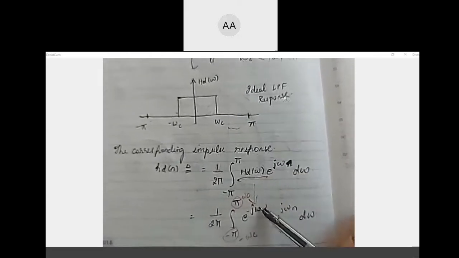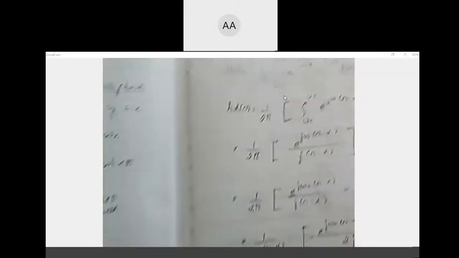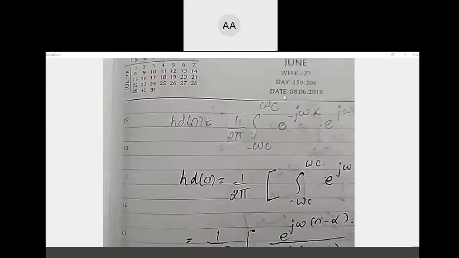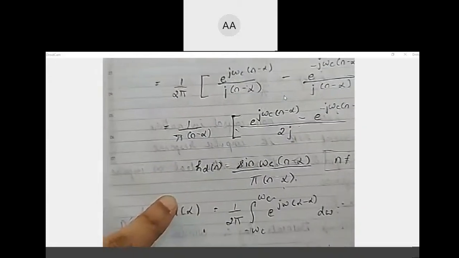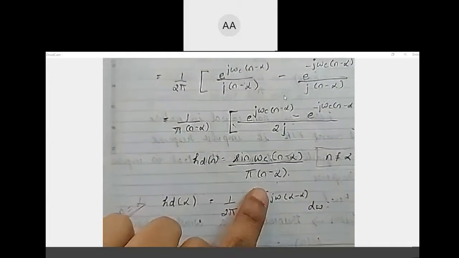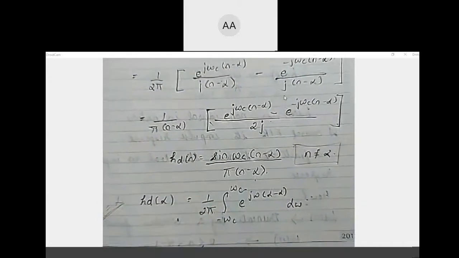We substitute the value, exponential integration is exponential itself. We did this and we obtained the value of hd of n, which is nothing but the impulse response.